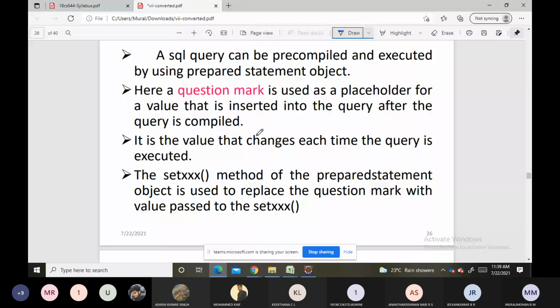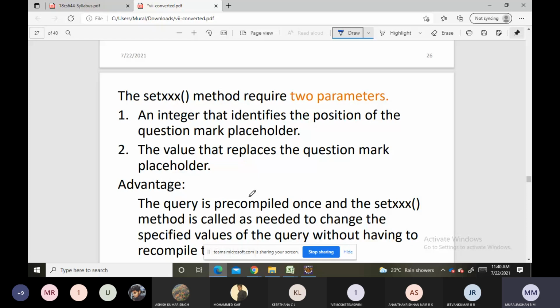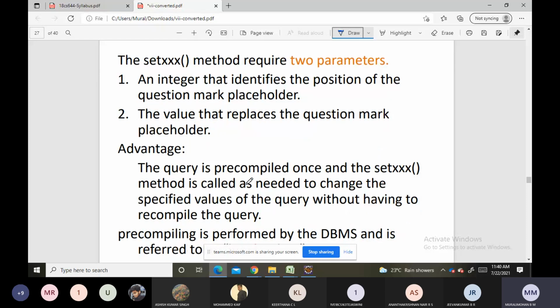The set xxx method of the prepared statement object is used to replace the question mark with the value passed to it. This method requires two parameters: an integer that identifies the position of the question mark placeholder, and the value that replaces it.